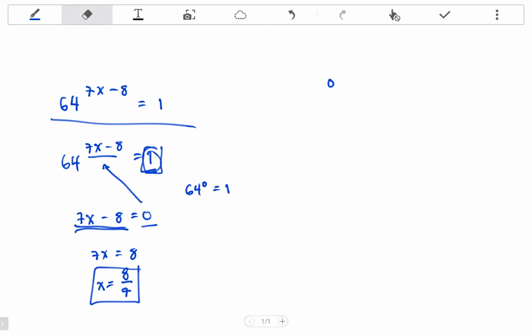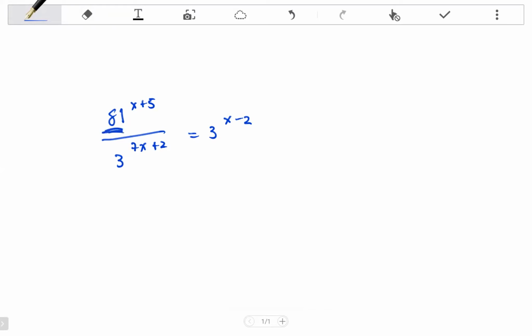I'm gonna do one more problem and then wrap it up. Let's do a bit of a tricky problem. 81^(x+5) over 3^(7x+2) equals 3^(x-2). Wow, this looks pretty complicated. So, how should we approach this? Our first step,